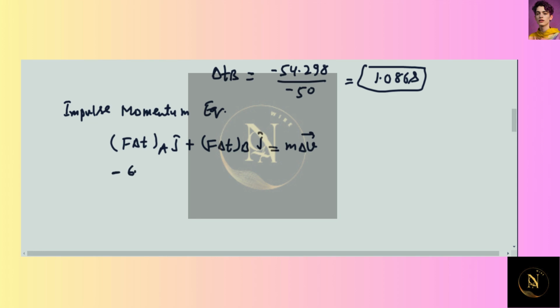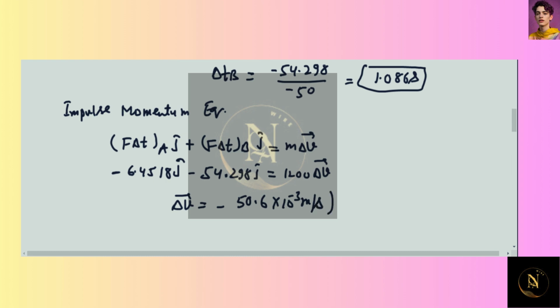This is minus 6.4518 j cap minus 54.298 j cap equals 1200 into delta V. So the change in velocity you will find is minus 50.6 into 10 to the power minus 3 meter per second along